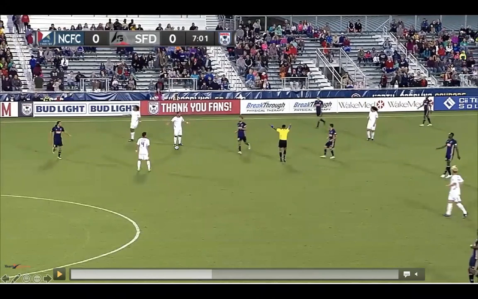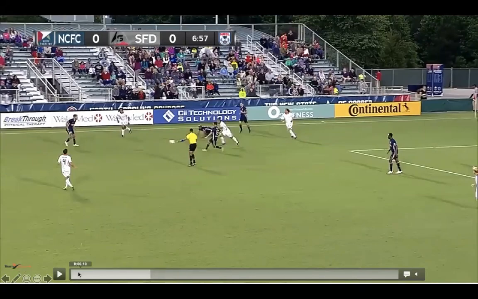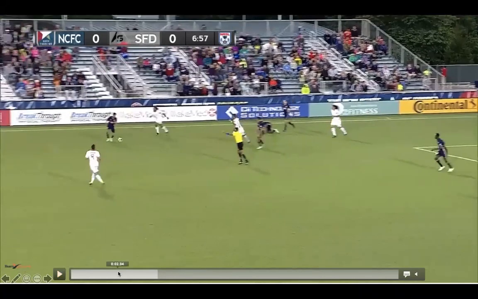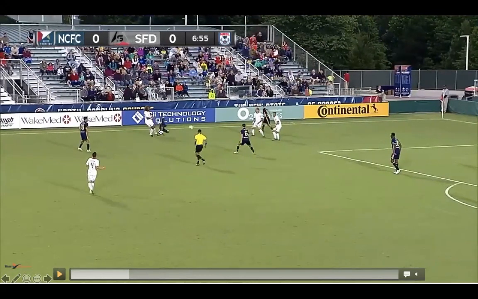This is the frustration that not applying the wait and see causes for us. So they know that he's set advantage, he's played advantage, he's signaled advantage, so everybody thinks the game is continuing now. Now when it doesn't work out, he comes back and blows the whistle. This player gets frustrated. And technically speaking, if we're going to apply advantage, it means for that foul right there, and we're applying advantage for this player.